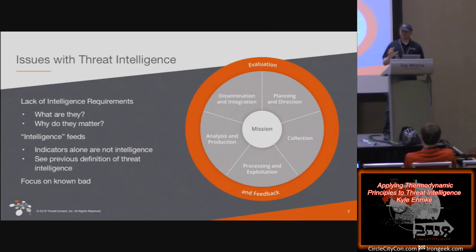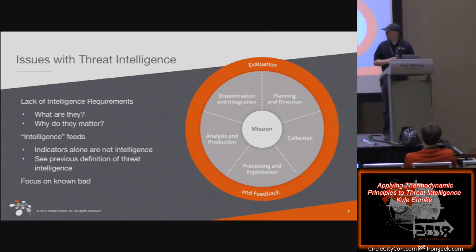I hate to rag on a report from the government, but consider the Grizzly Step Joint Analysis Report from 2 years ago. There were hundreds of indicators from Russian-related activity that were shared in that report, but the context that was shared with each of those indicators was insufficient to, at least in my mind, actually qualify as intelligence. And I refer you back to that previous definition of threat intelligence. Those different points were not answered in that report and aren't answered in many intelligence feeds or reports that are out there.